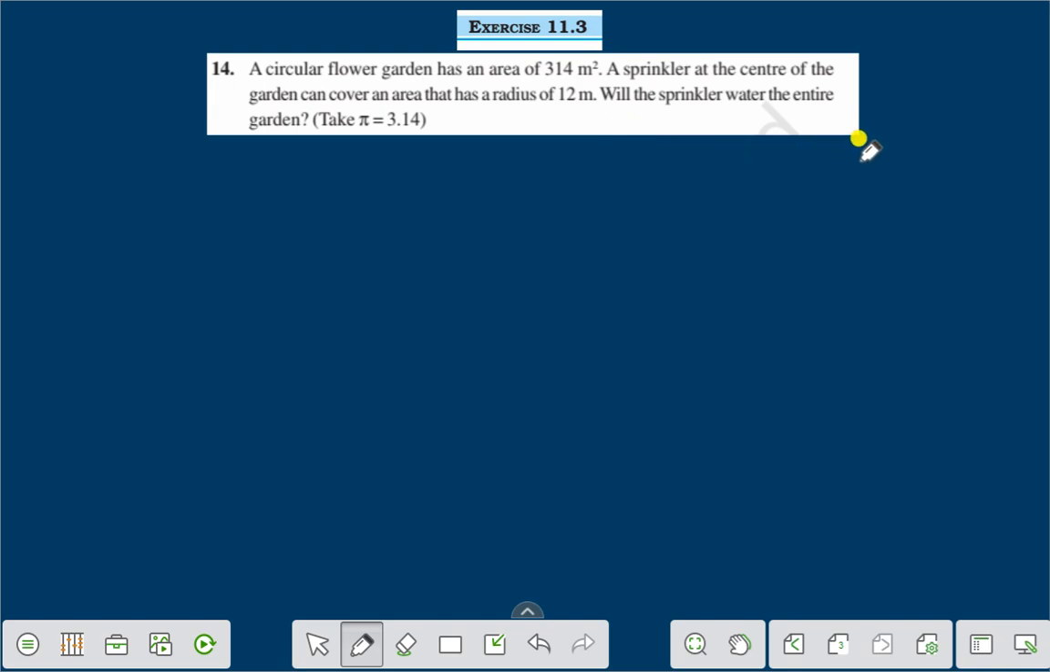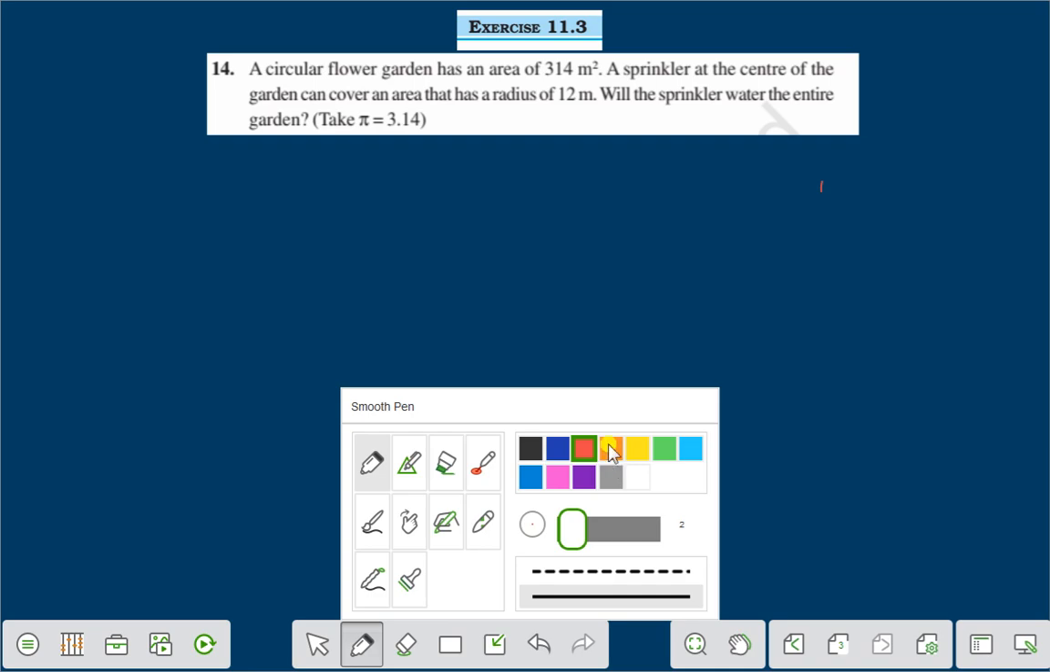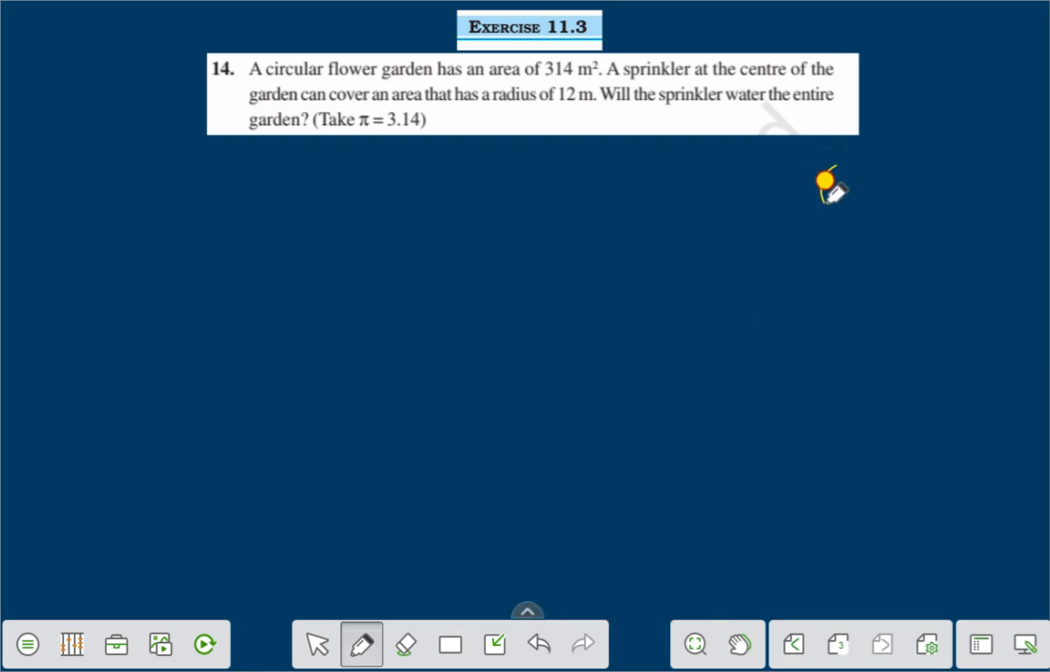Suppose this is a circular flower garden. First of all, we'll find the radius of this flower garden. Let us find the radius. Here, what is given is